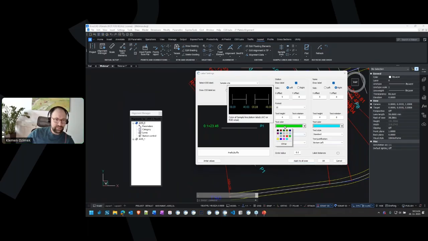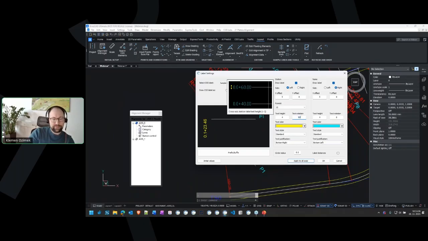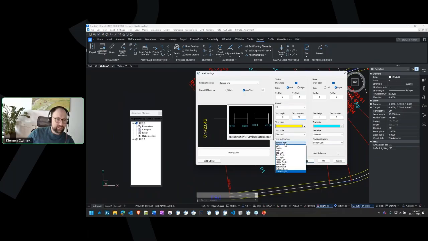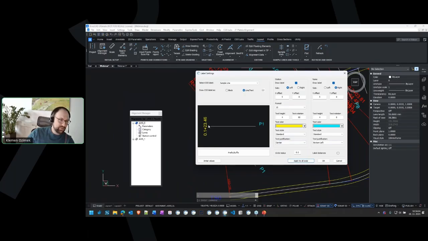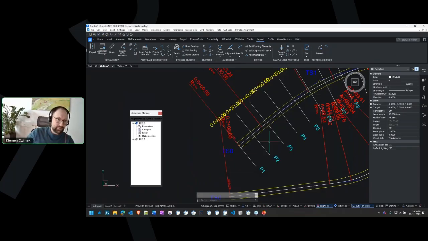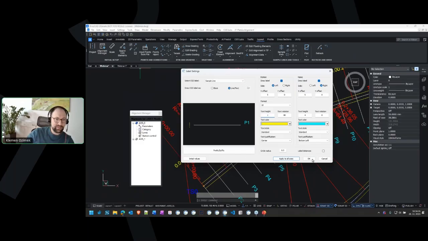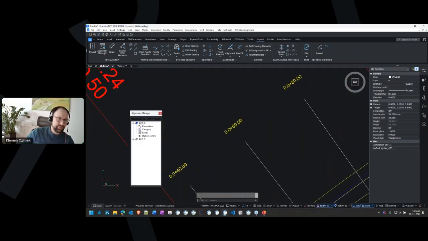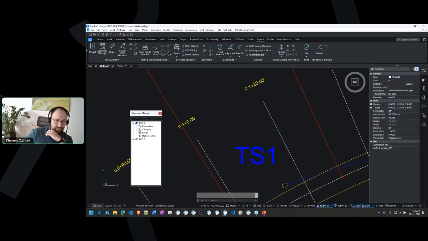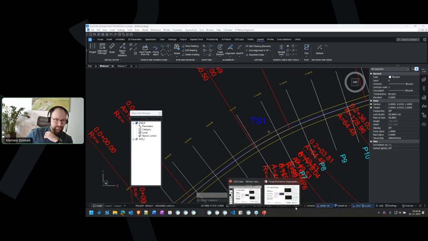Change the coloring and stuff like that. So quite a lot easier to do. You can rotate the stationing. You can change the justification so it's in the middle. You can change the text style and stuff like that. And then we also have some other options here, like labeling the distances between the cross sections and stuff like that. So let's click OK. And this is now already seen here. So if it's too big, we can make it smaller, and it's quite a lot easier to do. Okay, let's go to the next